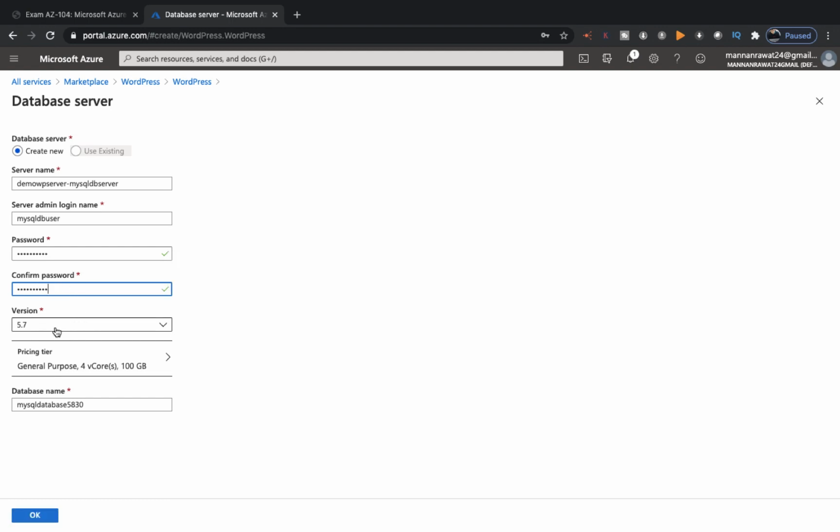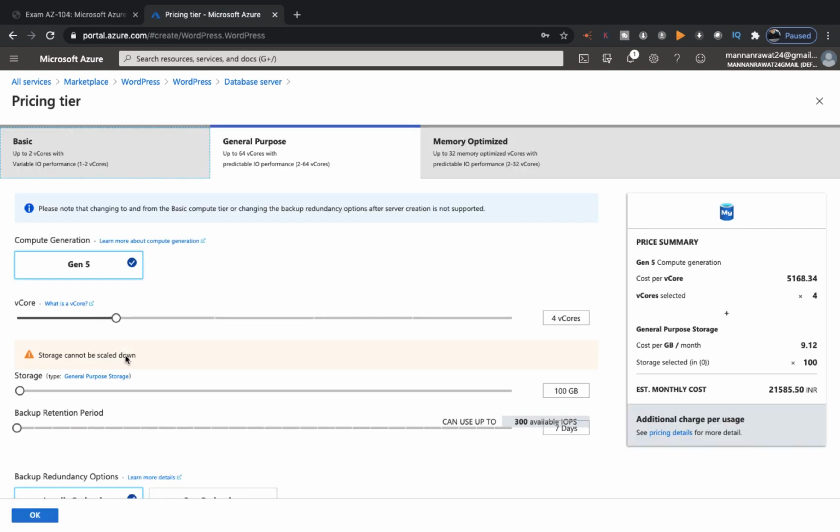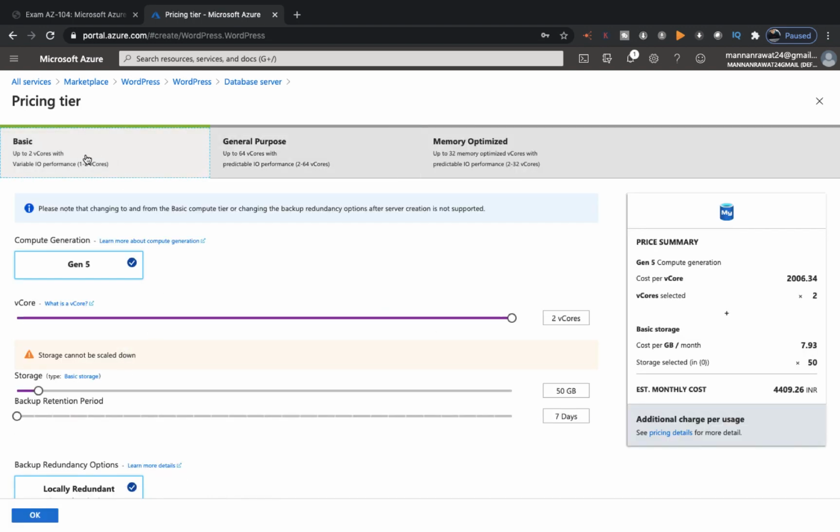Okay, next is the version, and another is pricing tiers. You can select the pricing tier, and as per your requirement you can decide the pricing. So I'm going to proceed with the basic. No need to do anything, not required much, 50 gig. I'm going to proceed with 5 gig of space, 2 core of CPU, and I need to pay 4,052 rupees